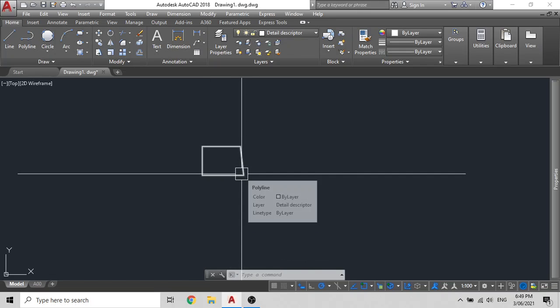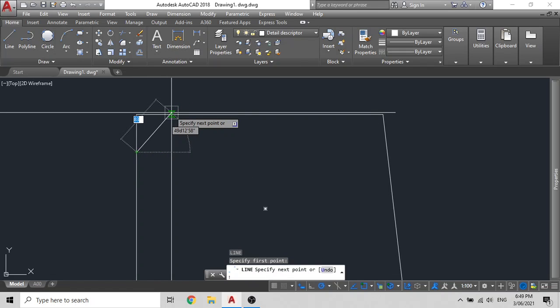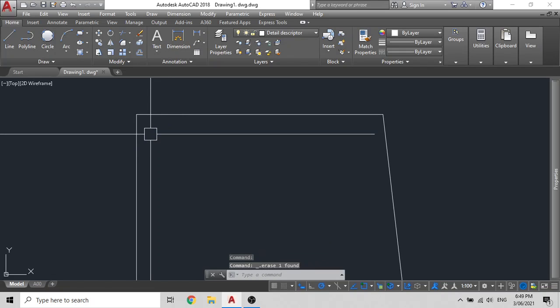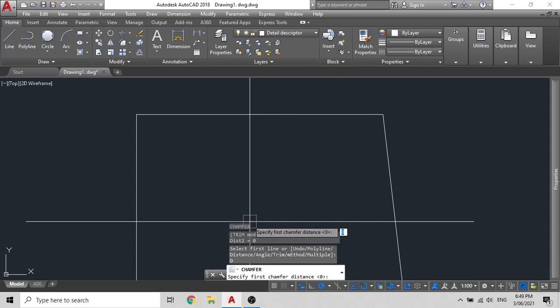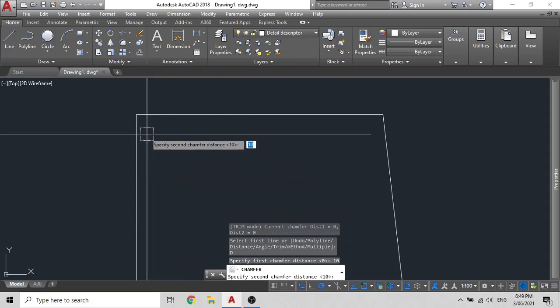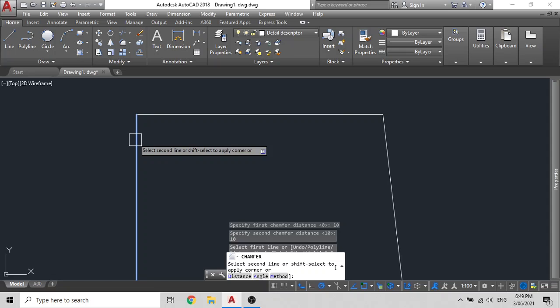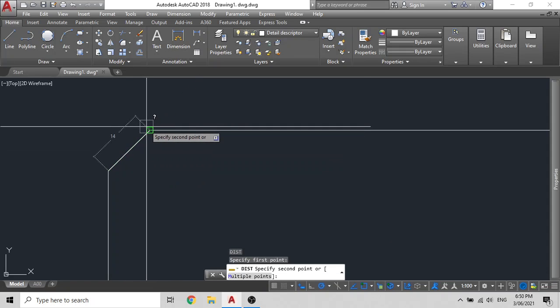Now the next thing that we will do is chamfer. A chamfer just creates a diagonal line like so, and it makes your drawings or your edges look neat. So to do a chamfer, just type CHA for chamfer. Then you will use the distance method, because mostly a chamfer in architecture is described at a distance of 10 millimeters. So type 10, press enter. Then you put your second distance, type 10 again and enter. And then just select both of your lines. This will give you a 10 mm chamfer along this edge.